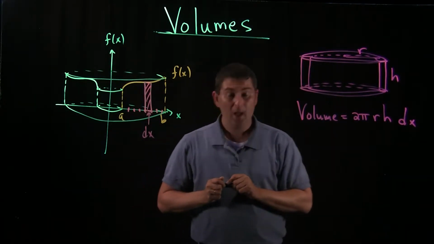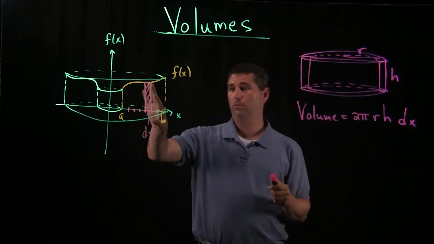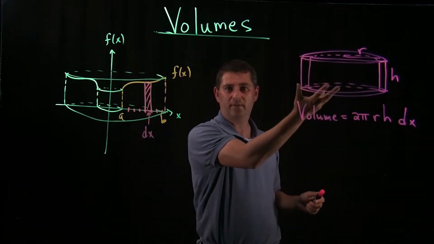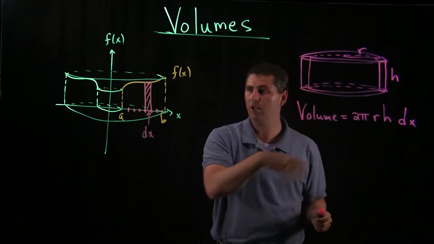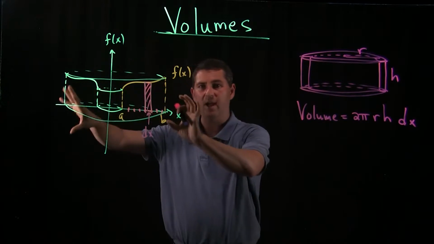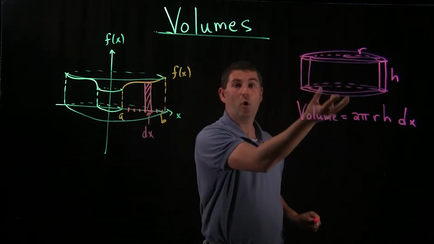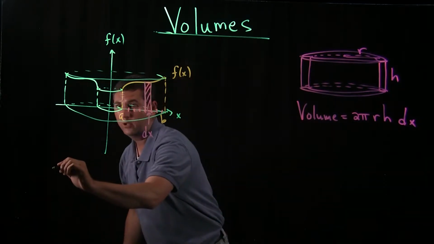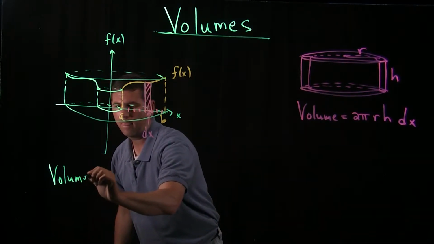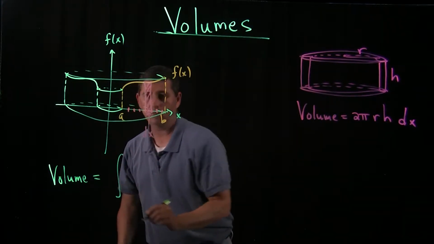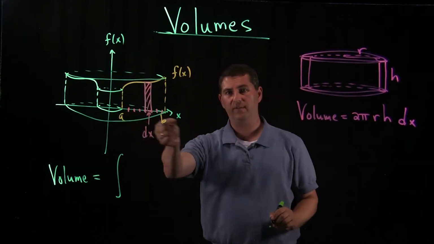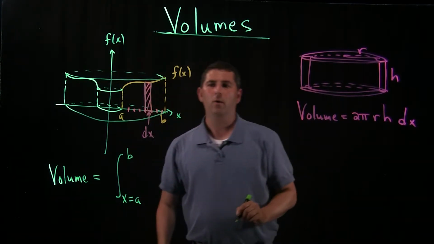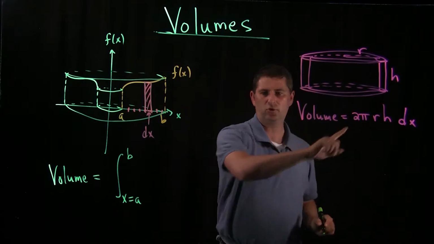Okay, so how are we going to actually use this? Well, remember, we didn't just set this up so we could find the volume of this one particular cylindrical shell. We wanted to find the volume of this entire region, but all we have to do is add up all the volumes of these shells. So our volume is going to be equal to, well, we're going to integrate because we want to get all these different cylindrical shells. We integrate from A to B. Now each one of them is going to be 2 pi